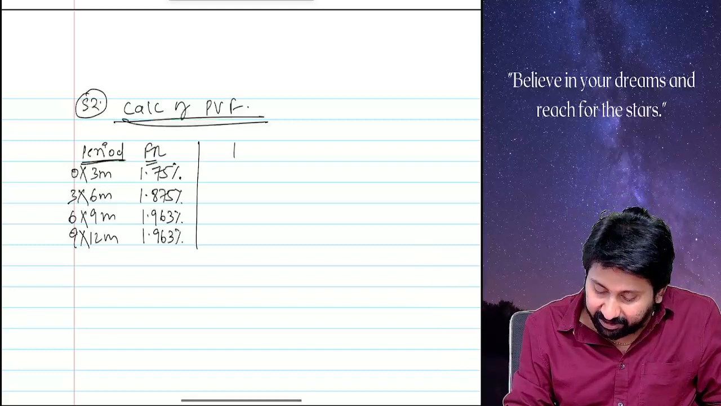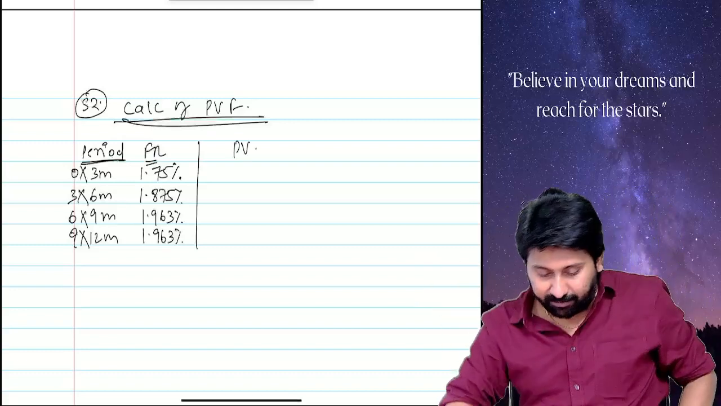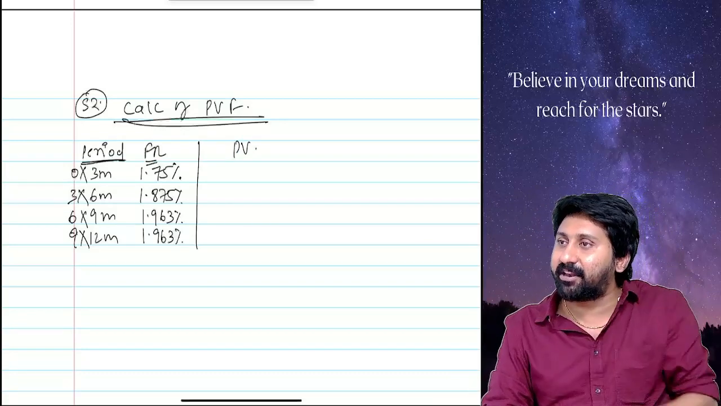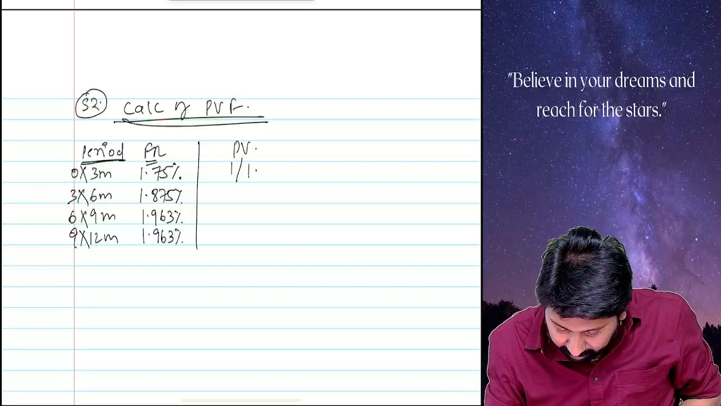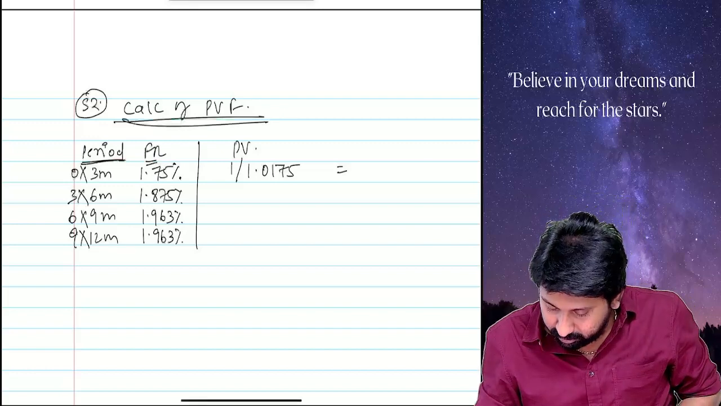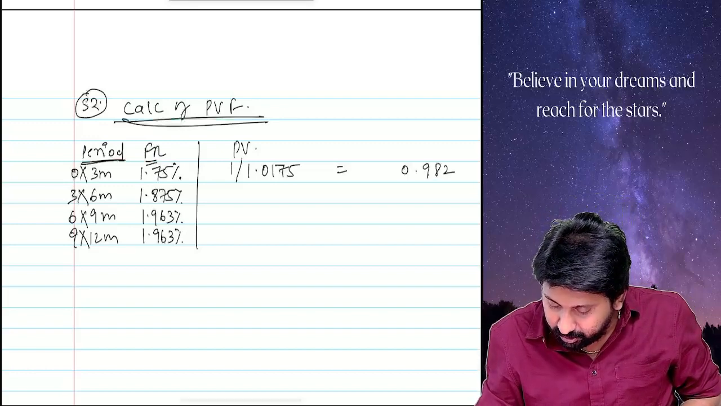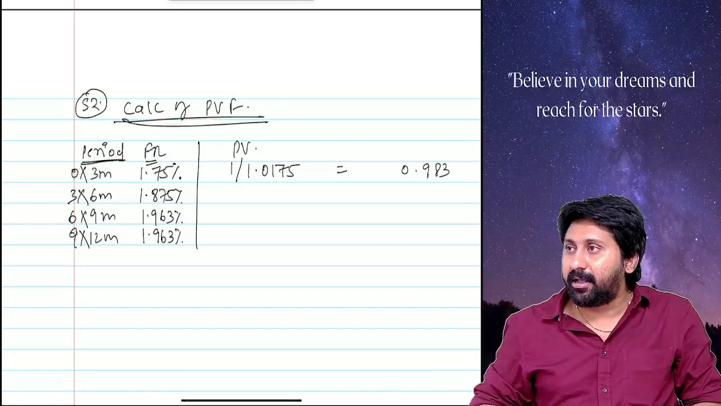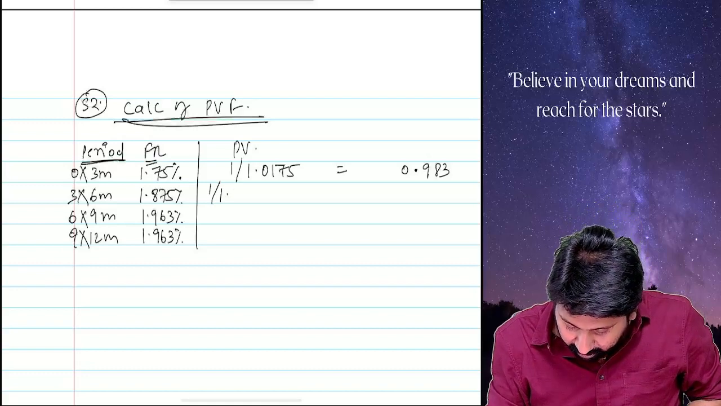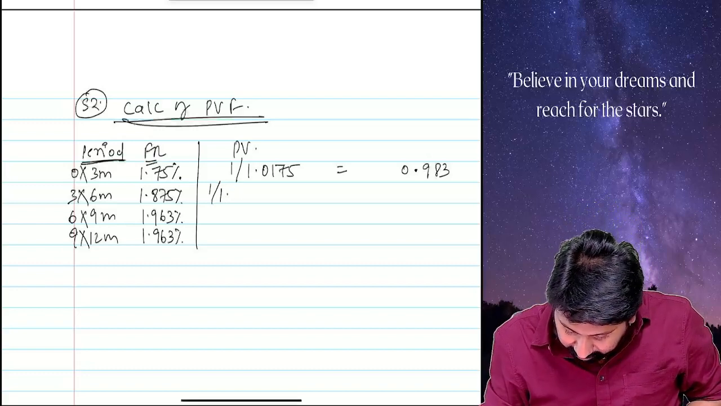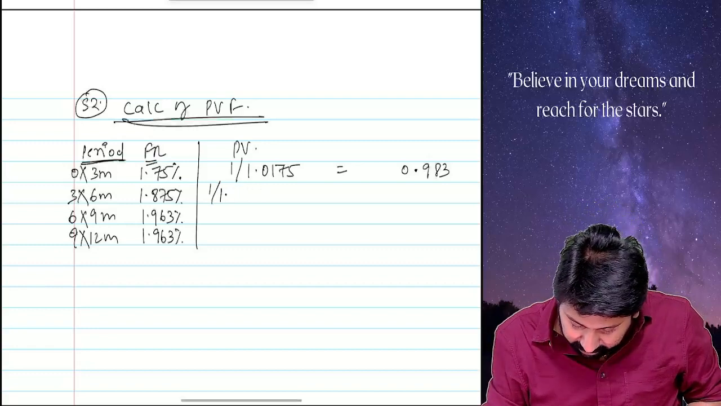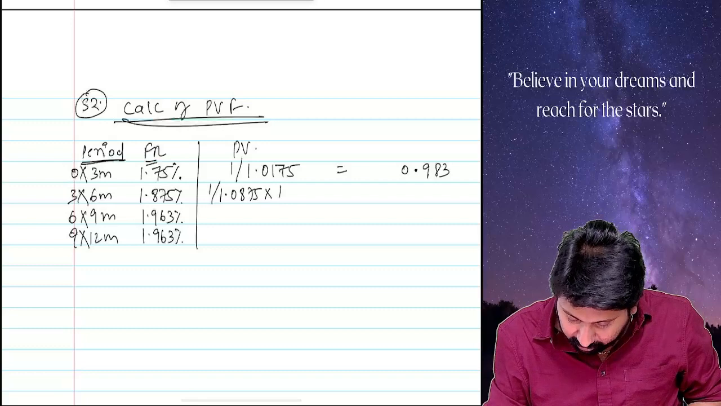Yes. PV factor. Everyone, tell me. 1.75 will not change. In the first period there is no change, na? Tell me how to do it. 1 by 1.0175. Tell me. 0.983. Okay. Now, tell me how to do the second one. 1 by 1.0175. First we will do this. 0.875 into